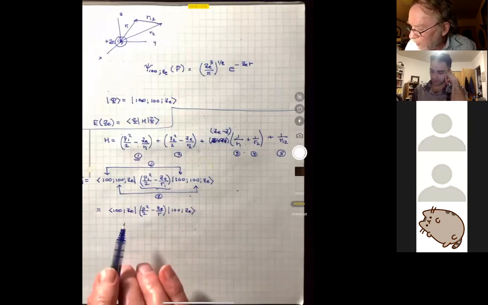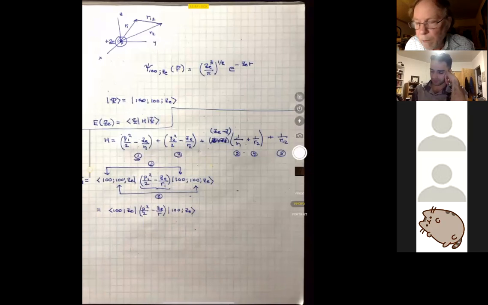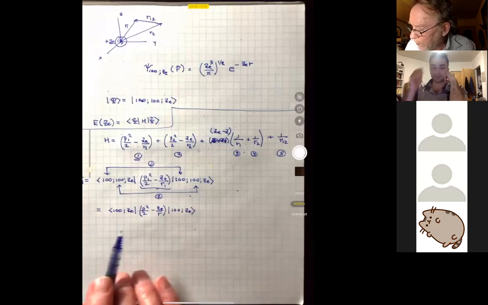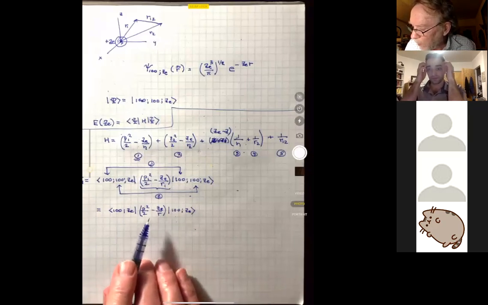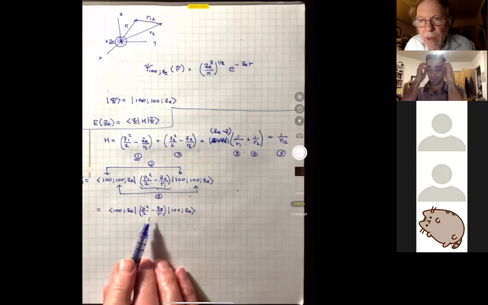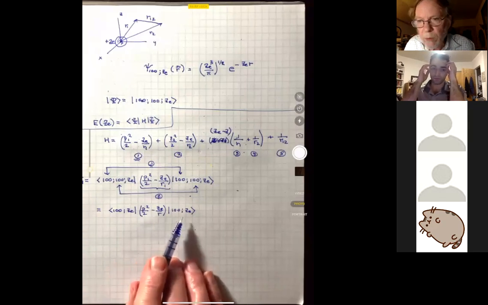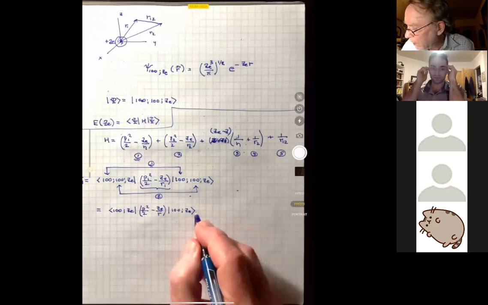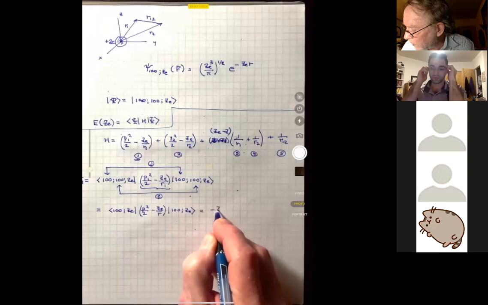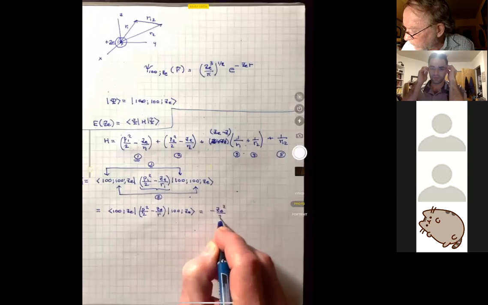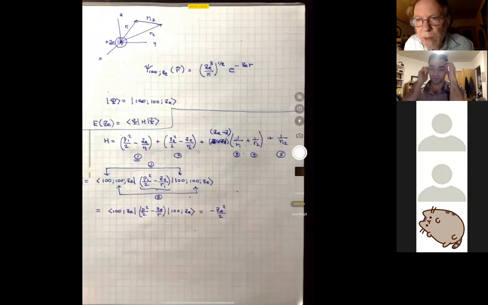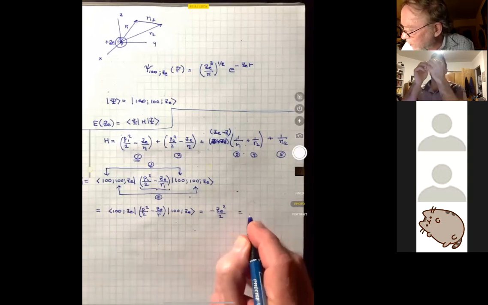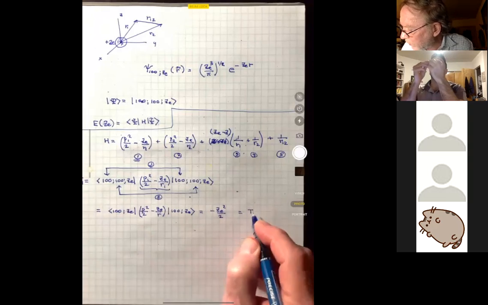So this is now a single particle matrix element. And in fact, it's the expectation value of an effective hydrogen-like Hamiltonian with respect to one of its own eigenstates. So therefore, the expectation value is just the eigenvalue. And that's the same thing as minus Z_E squared over 2, using the formula for a hydrogen-like atom. This is T1, and this is the same thing as